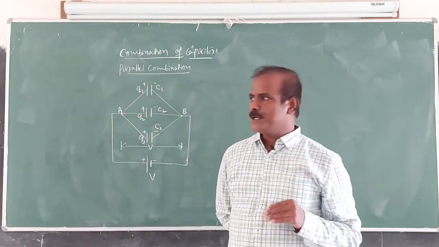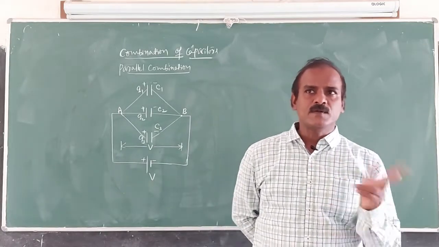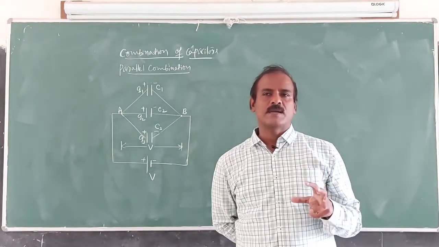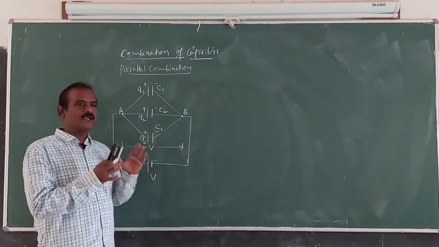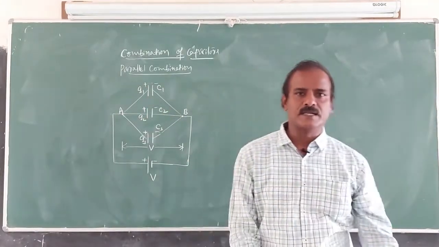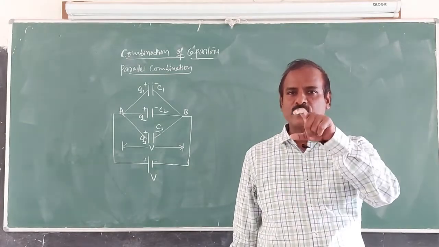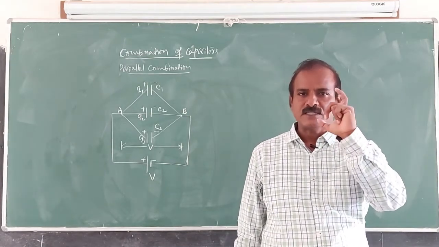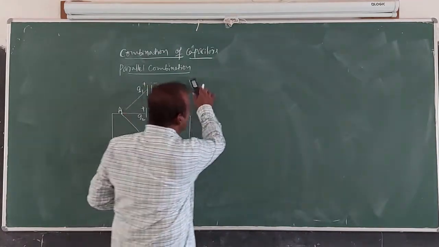What is a parallel combination? The number of capacitors are said to be combined in parallel if they are connected between the same two points such that PD across the plates of all the capacitors is the same. Well students, let us again as usual find out the effective value of this combination. What is the total value of this combination? Like CS, we derive the effective capacitance. What is effective capacitance? The single capacitance which performs the same effect or same function as that of the combination, like this.